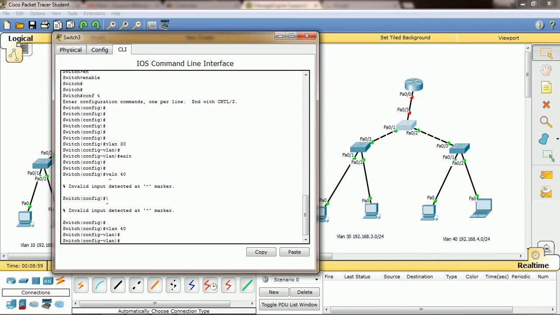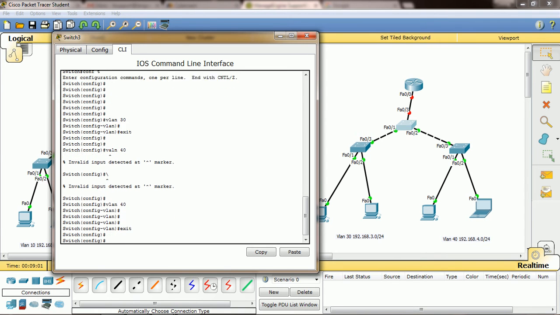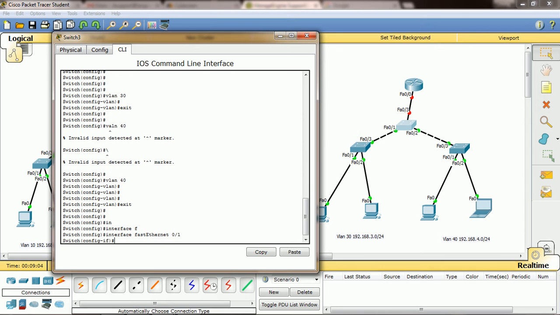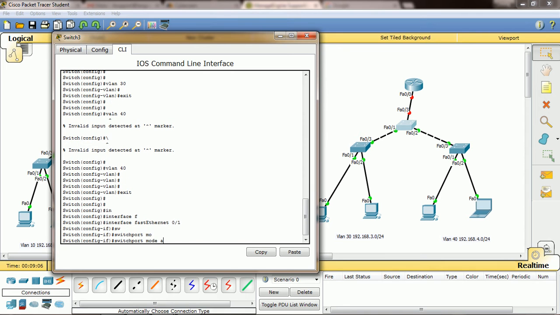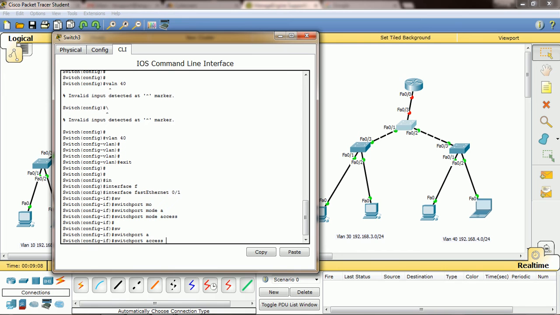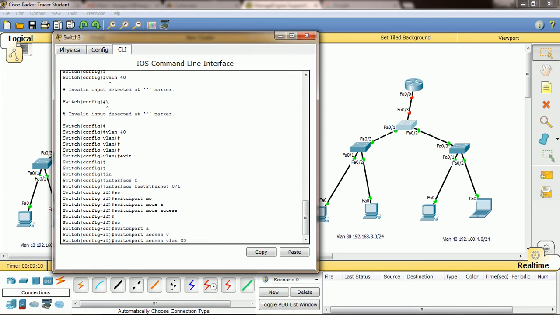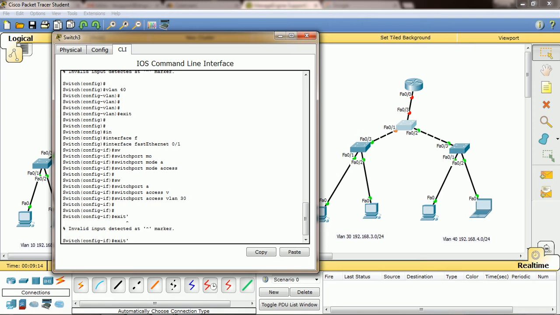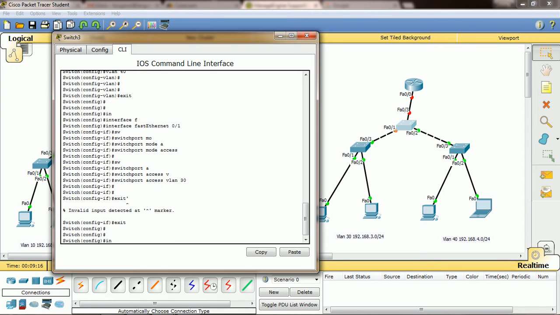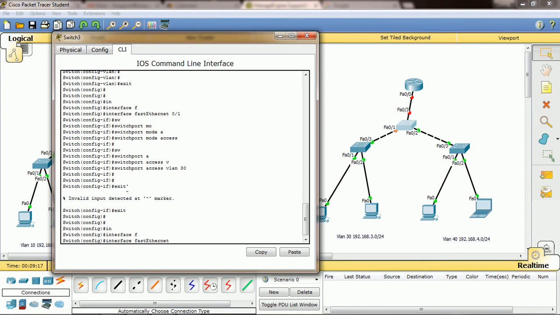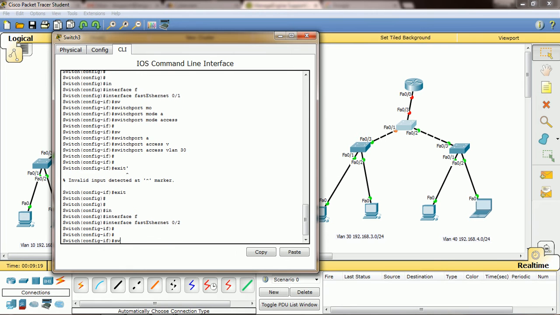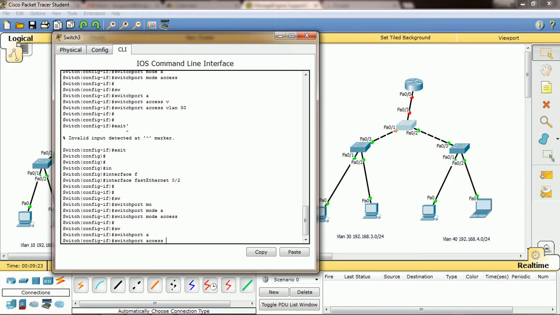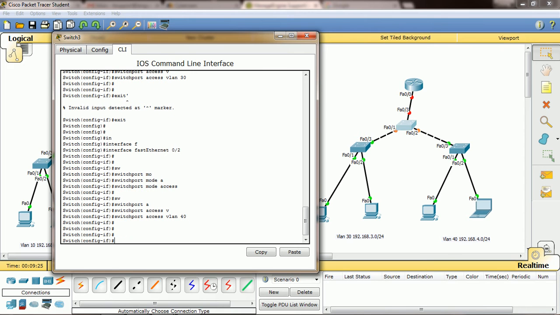Okay, then exit, then interface fast ethernet 0/1, switchport mode access, switchport access vlan 30, right? Then exit, then interface fast ethernet 0/2, switchport mode access, then switchport access vlan 40, right?